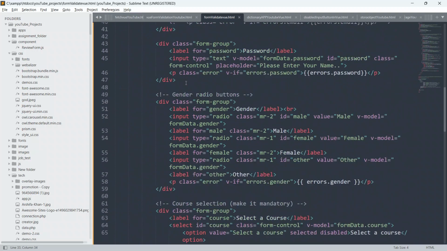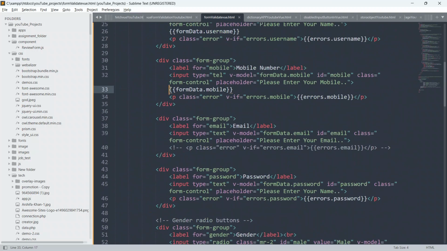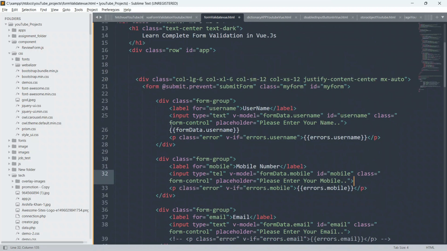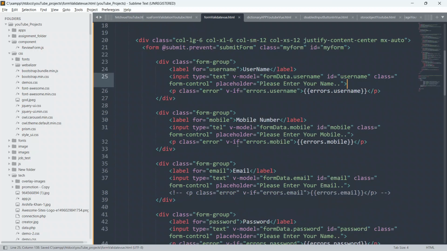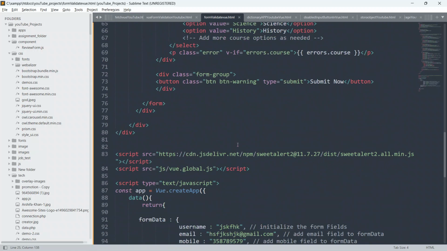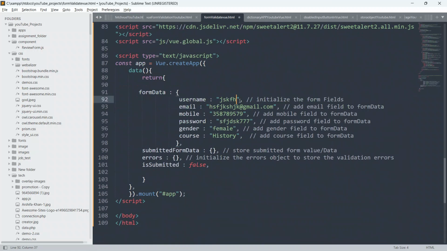Now just remove this. This was just for demo purposes. I hope you are getting what I am teaching you here. Because as you all know, my motto is to give you in-depth knowledge and in-depth details about anything, coding or information. So just go here, and we have to remove this also, because initially it will be empty.